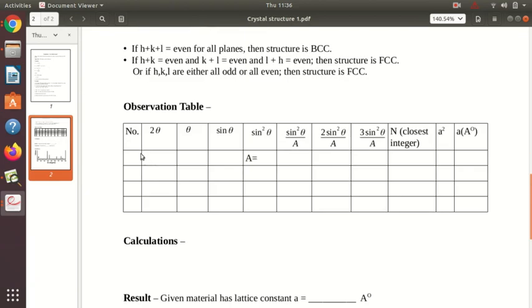For different peaks, we note the values of 2 theta here. Then we divide it by 2, because we have to find the theta value. We will find sin theta. Now, when finding sin theta, remember to check whether the calculator you are using is giving values in radians or degrees. How can you check that? You can check sin 90 or cos 90, because we know the values of sin 90 and cos 90 in degrees. If it is giving values in radians, then it will give values different from 0 and 1. In that case, you have to write specifically in radians.